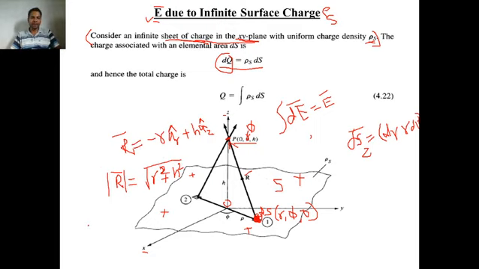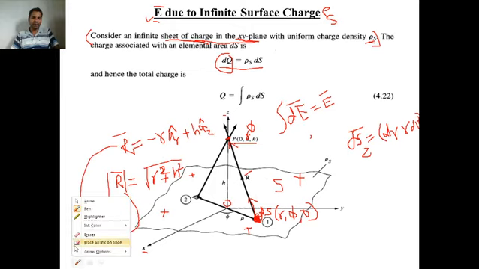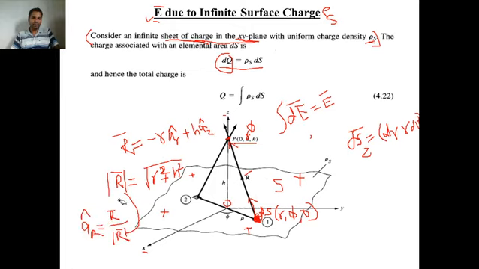And how will you find out ar cap? Ar cap is nothing but the unit vector of this displacement vector r bar. How will you show this ar cap? It starts from this point and it is of magnitude 1. So this is a very small unit vector along r bar. So ar cap, how will you obtain it? Divide the vector by its magnitude. So divide this vector by this magnitude, and what will you get? Ar cap.